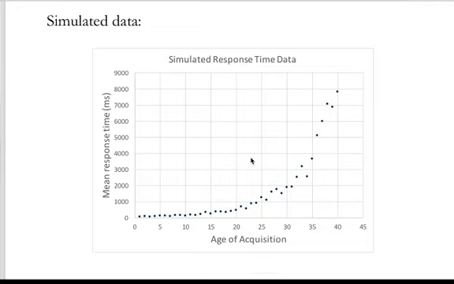It's an exponential function, like the COVID-19 virus or any other pandemic. It means that when things go up, they don't go up proportionally to our measurement, which in this case is milliseconds. Instead, they go up in a ratio-based function, so maybe it doubles for every 2 additional years of age of acquisition or something like that.